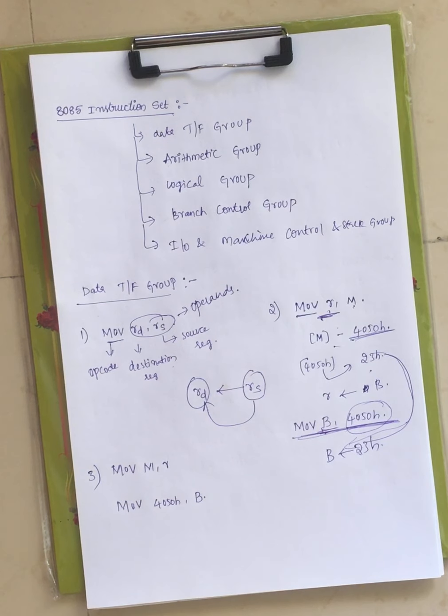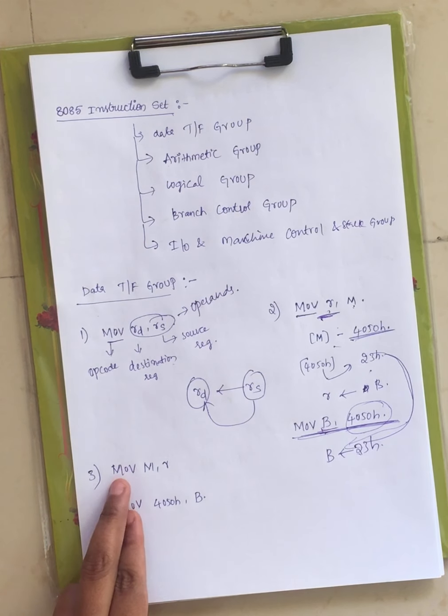How many registers do we have? We have B register, C register, and next we have the H and L registers, D register, E register. Those are used either individually or as a pair. Next we have the A register, and next we have temporary registers, under which we have two more, the W register and Z register. All this we can see under the architecture of 8085.